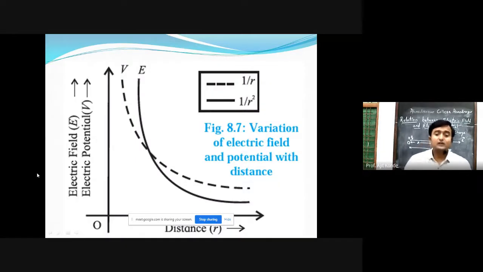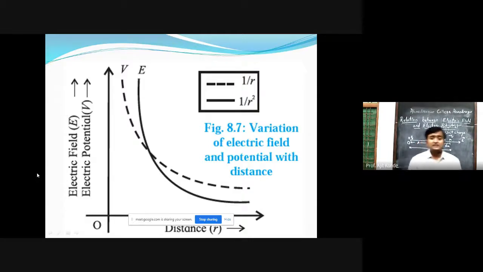Now we will see a graph which is representing change in electric field and electric potential with respect to distance r. One is the charge that can be positive or negative, but the second charge should be unit positive charge according to the definition of electric potential. Then if we change this distance between them, this r from A to O, what will happen to the electric field and what will happen to the electric potential, that we have to find.